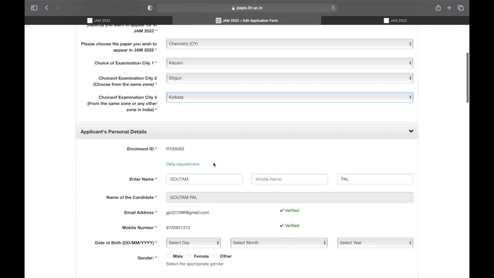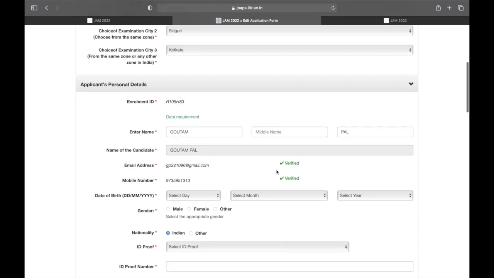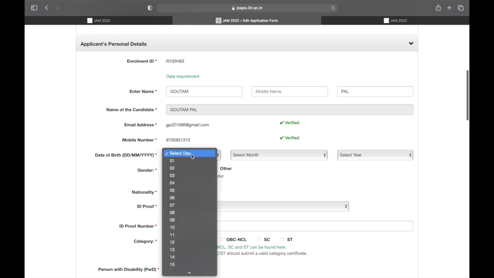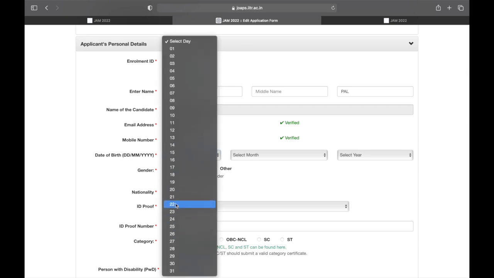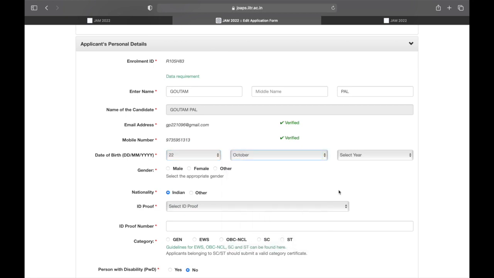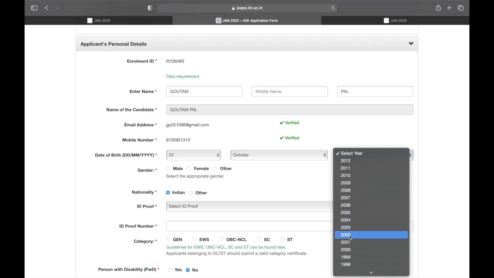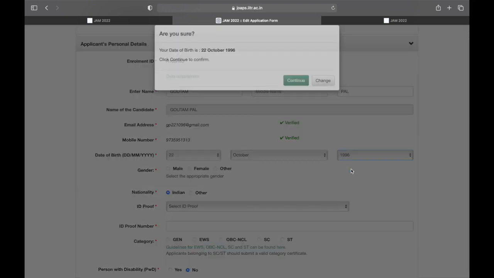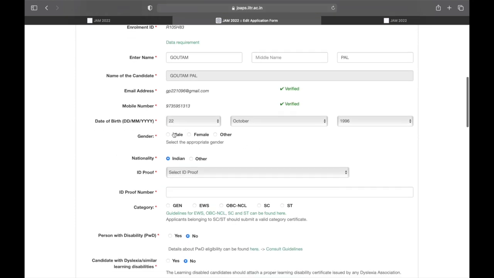So now look at this. This is your enrollment ID that you will be getting through your SMS or mail, right? And then you have already verified all this too. Now it is your mobile number. Now put your date of birth. So I'm putting it. So do it step by step as I am doing. And you can do this through your mobile phone as well. I'll be telling you how you can do that. Every form will be the same. So just keep on filling these things.